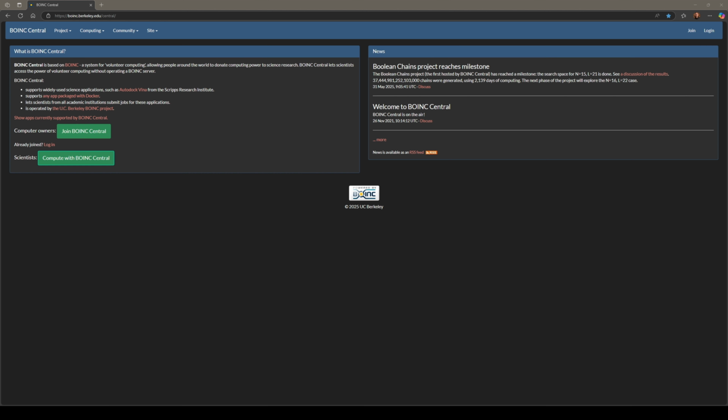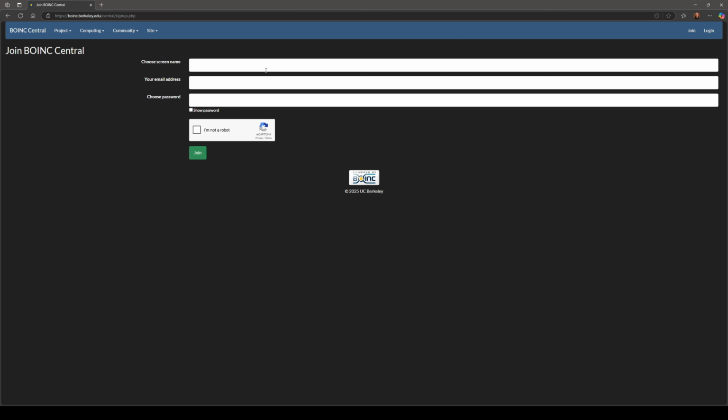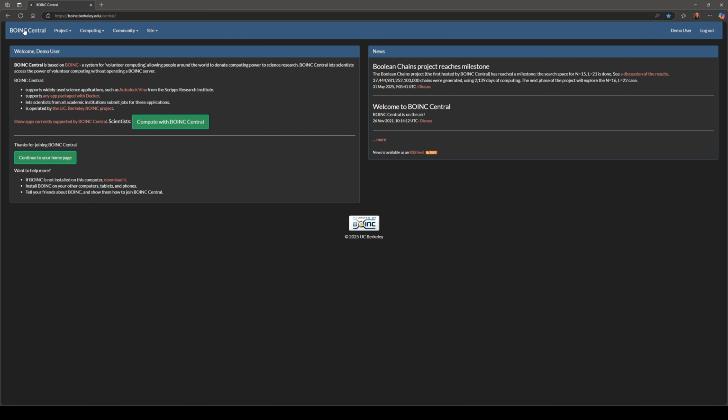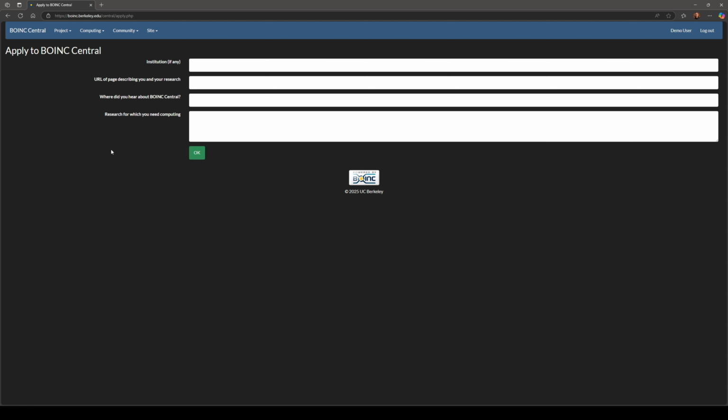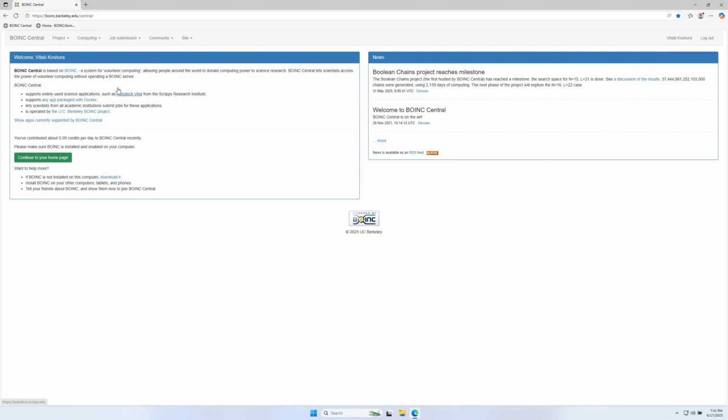Visit the BOINC Central website and create a free account. This will allow you to access the platform and submit your molecular docking tasks. You will be asked to provide some additional information, such as the research you are doing, that allows us to filter out spam accounts. After logging in, navigate to the Job Submissions section and select Autodock from the list of